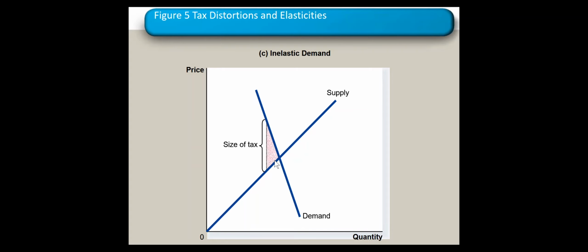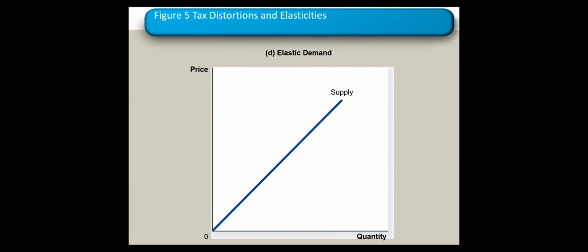All right. The same goes for inelastic demand. Inelastic demand goes close to the vertical, and in that case we will have a larger magnitude, as I said earlier, but with a smaller size of deadweight loss. In that case it will be relatively small due to the inelastic demand.